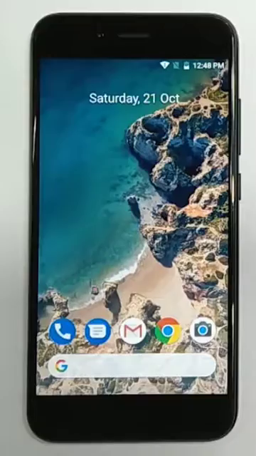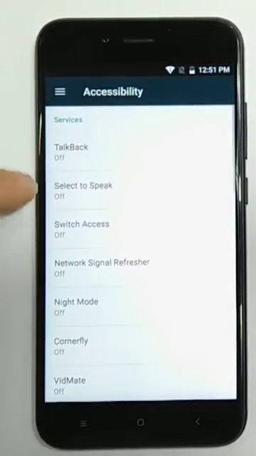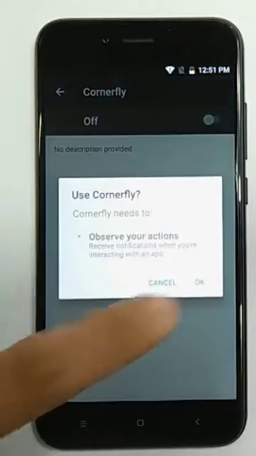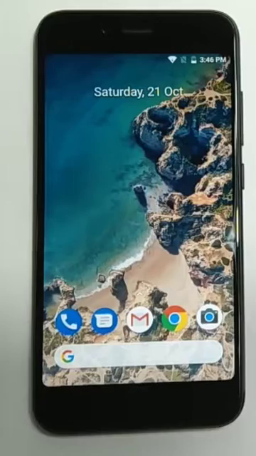Now let's get those rounded corners. For that, open the third app, which is the Corny Fly. Then allow all the permissions as you see here. That's all guys, you are done. As you see here, this home screen looks